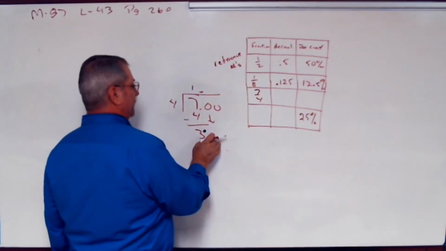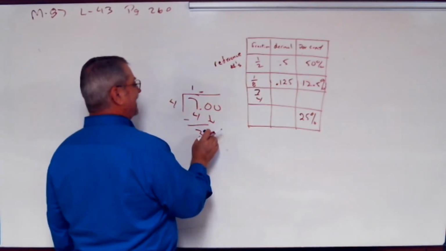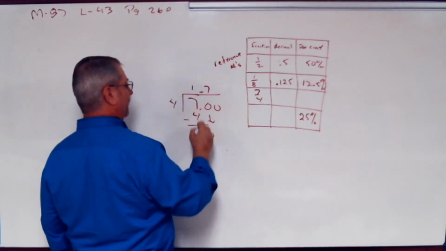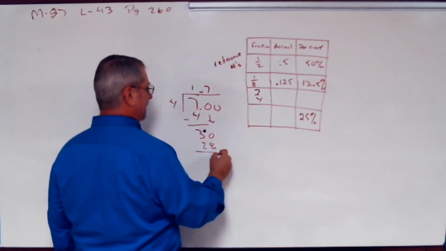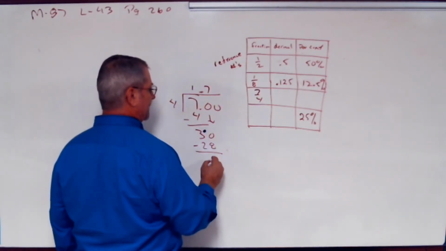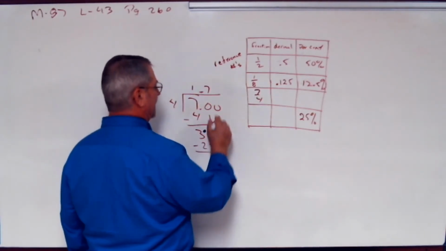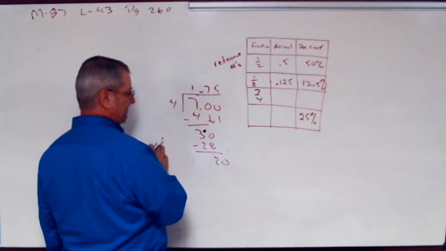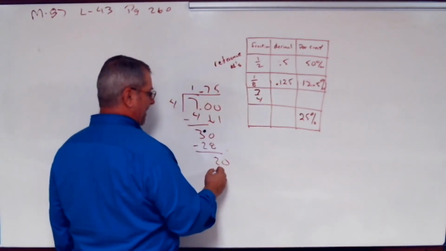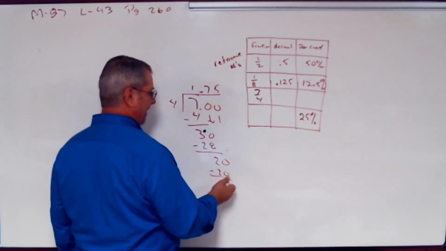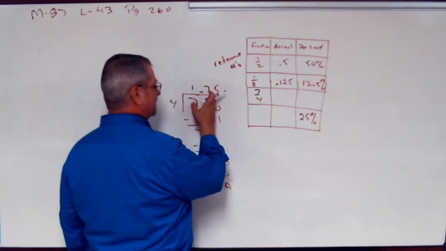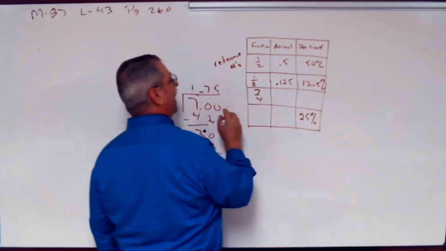So 4 goes into 30, excuse me, 7 times. 7 times 4 is 28. Subtract, that's 2. Bring down the 0. 4 goes into 20 5 times, okay? And that's going to come out even, 0 like that. So this is the decimal, 1 and 75 hundredths,